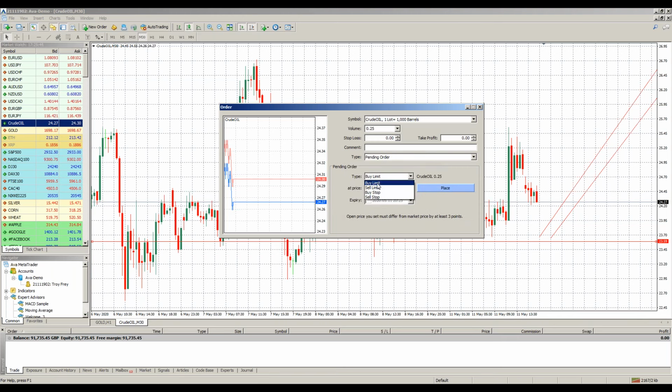You see there are four types. Buy limit, exactly. Good. Buy limit would buy from a lower point. You pick your spot that you think would be a good price if you're bullish on oil in the longer term, right? And I'm only judging that on two things. Economies are starting to open up, and the futures contracts are higher the further out you go. Okay, so it's just something to consider.